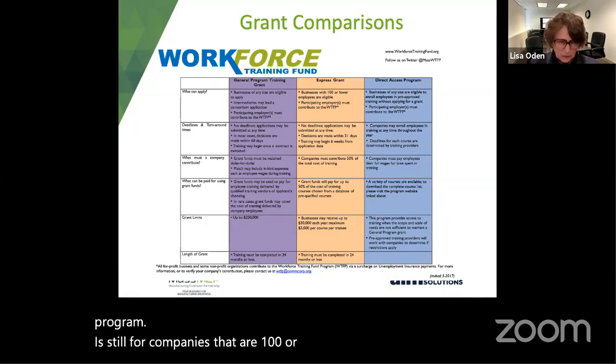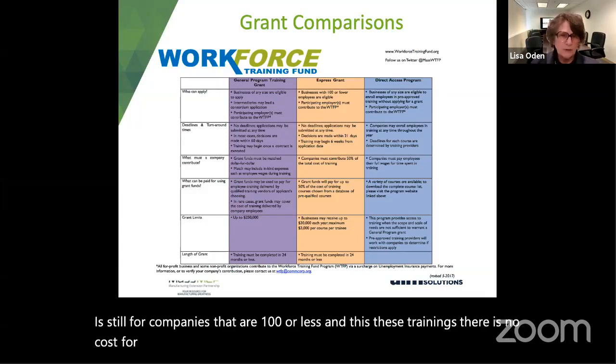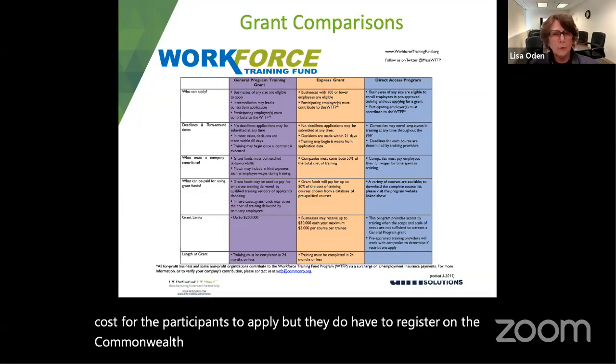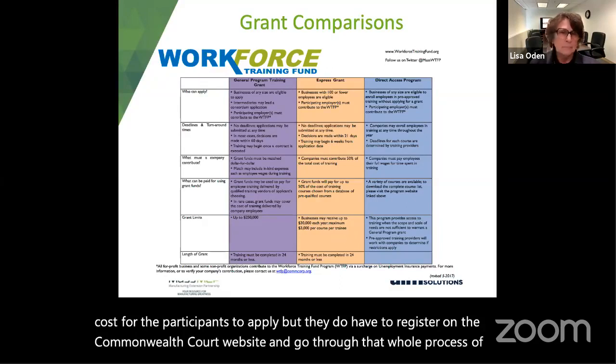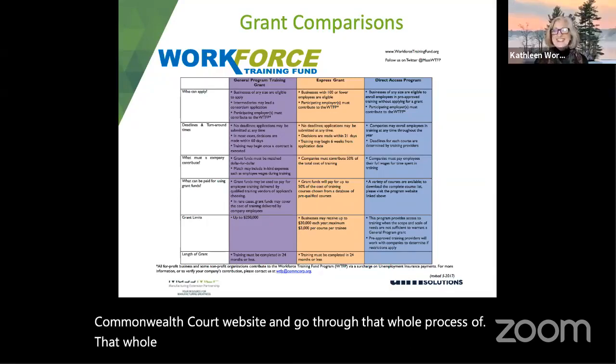And in these trainings, there is no cost for the participants to apply, but they do have to register on the Commonwealth Corporation website and go through that whole process.